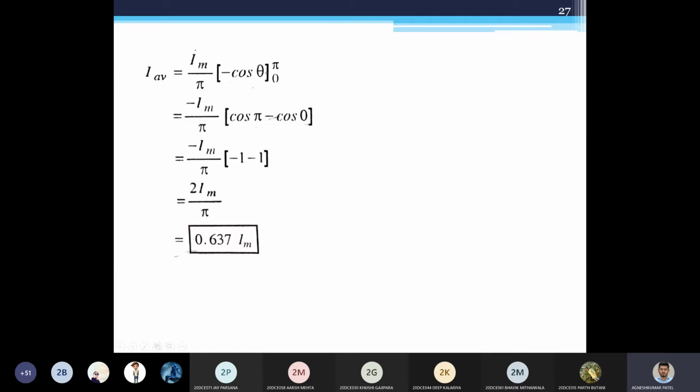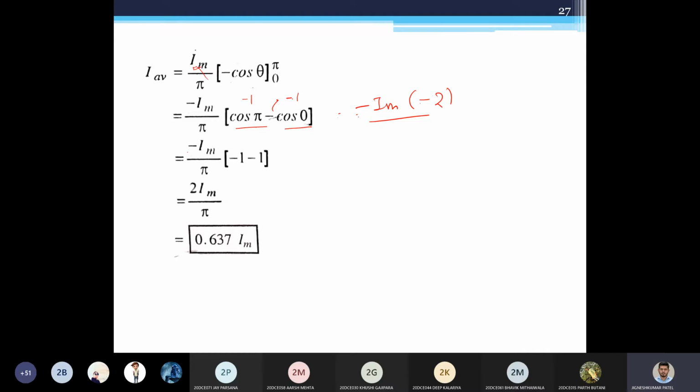Now I am going to substitute the values of cos pi and cos 0. I will take minus common over here. So minus Im by pi times (cos pi minus cos 0). We know that cos pi is minus 1 and cos 0 is 1. There is a minus sign, so it's minus 1 minus 1, which is minus 2. There is already one minus over here, so it becomes minus Im into minus 2